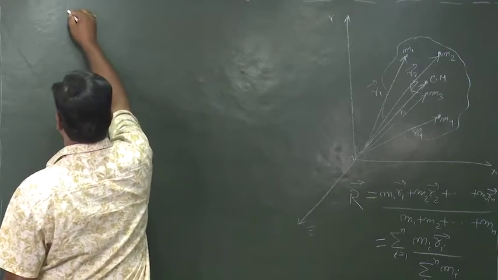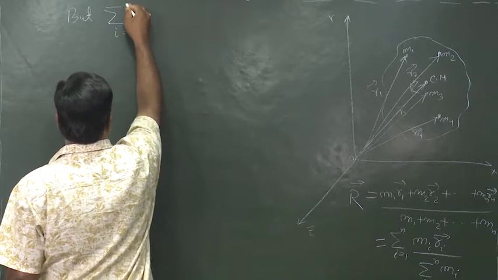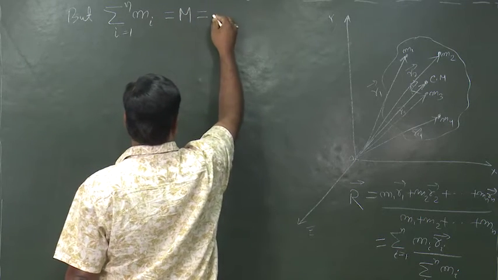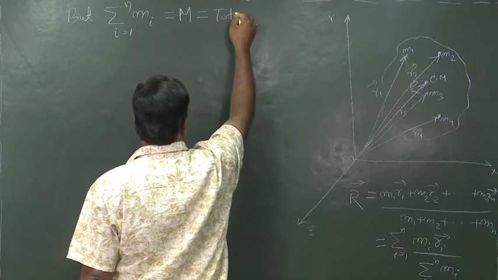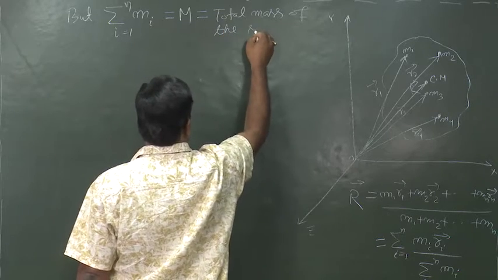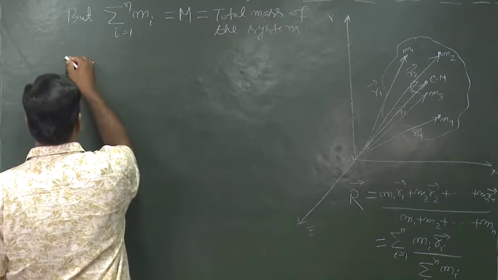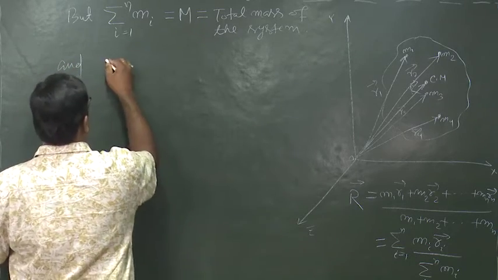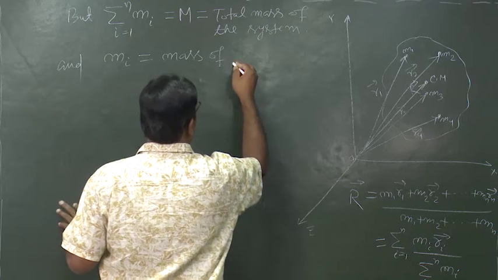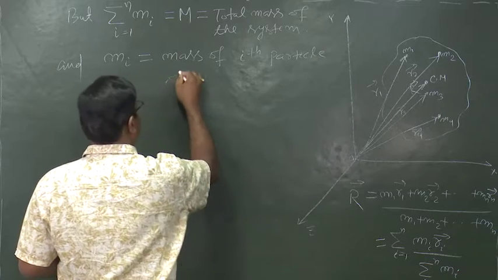But sum over i equal to 1 to n of mi is equal to capital M, which is equal to the total mass of the system, and mi is equal to the mass of the ith particle of the system